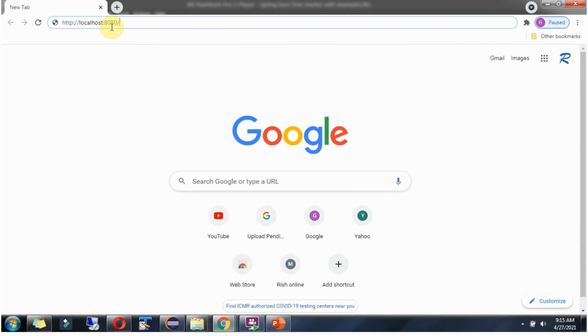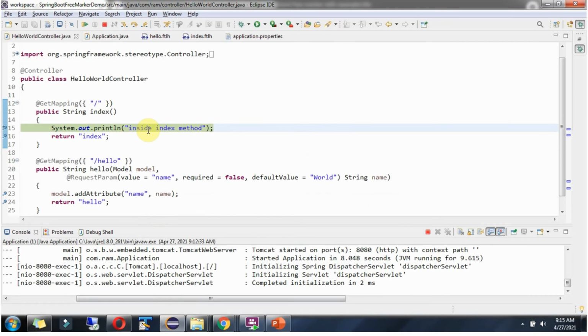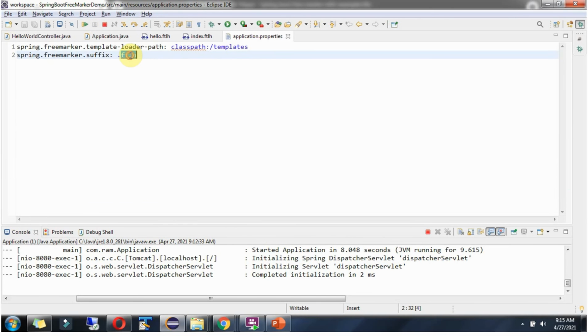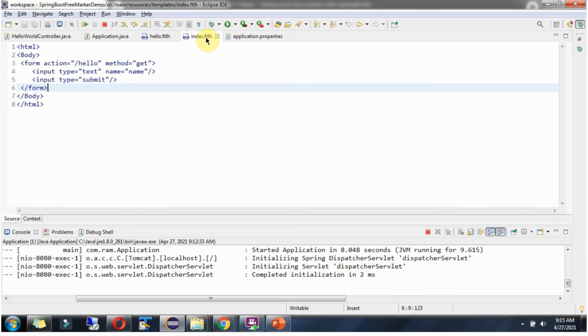Now I am going to send request to this URL, and request reached here, and it returns view name as index, and along with this index this extension will be added, and index.ftlh file will be processed by Spring Boot application, and it will display this index page.